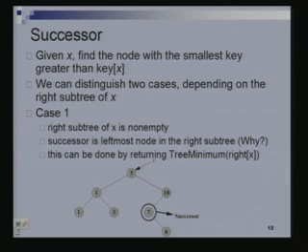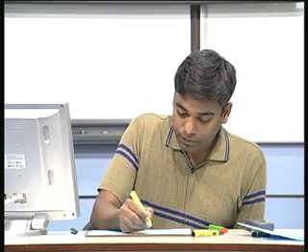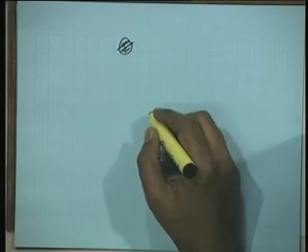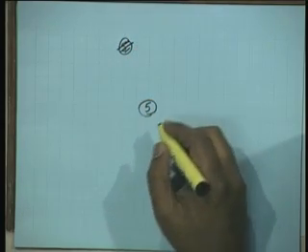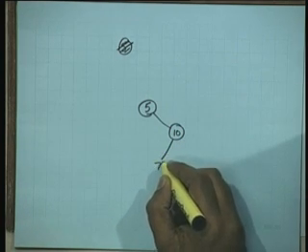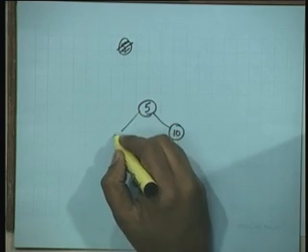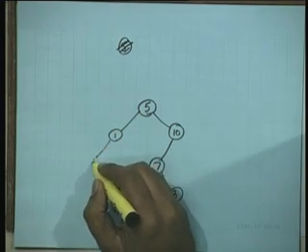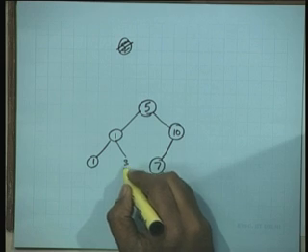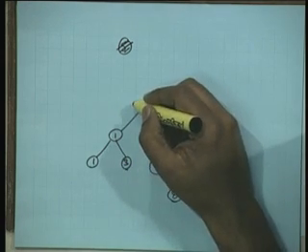Okay, so what are we trying to say? So let me draw this picture that was there on a fresh sheet of paper. So I have 5, or let me draw it again. I'll put down 5 here in the center, and we have 10 here, we have 7 here, and we have 8 here. We have 1, 3. Now I have to find out the successor of this gentleman, 5.